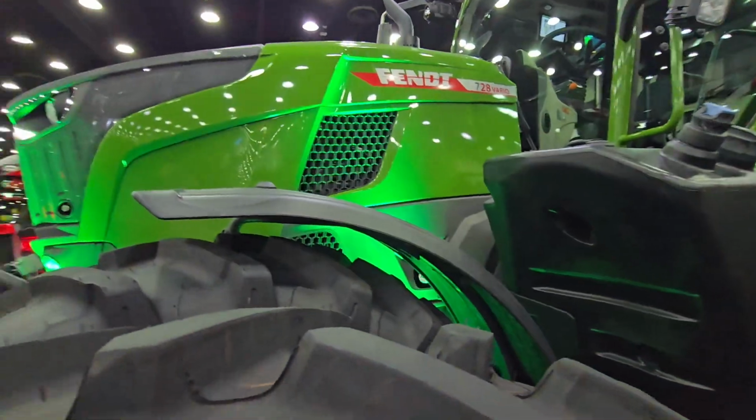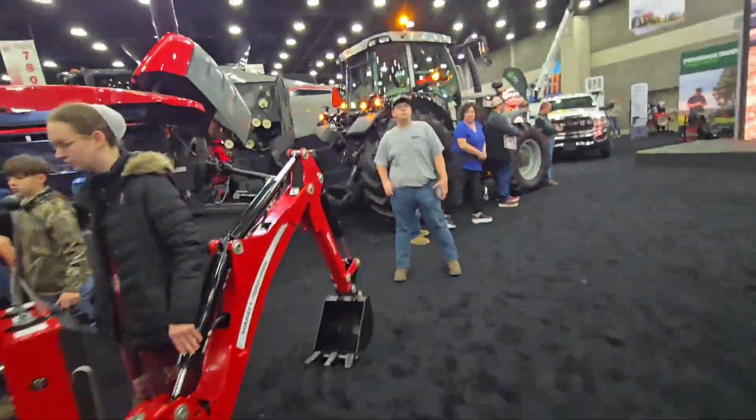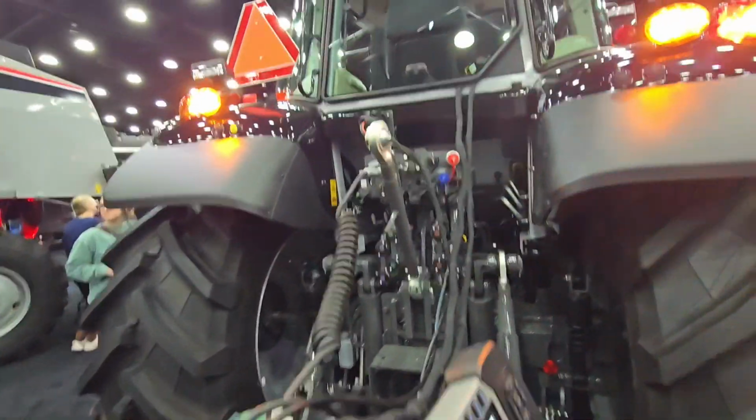Sorry, everyone. Now we're at Massey Ferguson, and this is their twin baler. It takes 2 bales. It takes the windrow and it makes 2 bales out of it. It's really, really streamlined. You make more bales at twice the speed. Now, if I ever own a Massey, I want to...